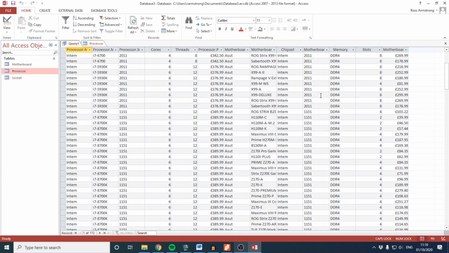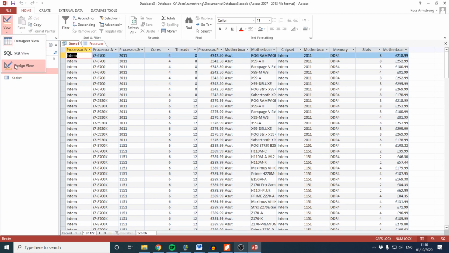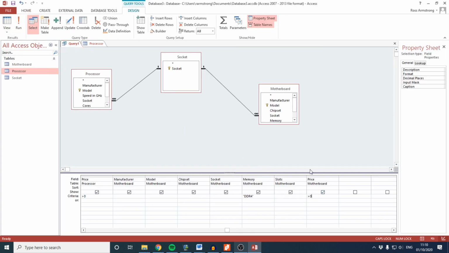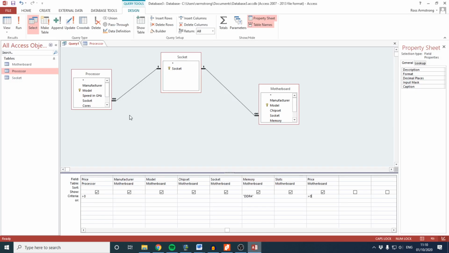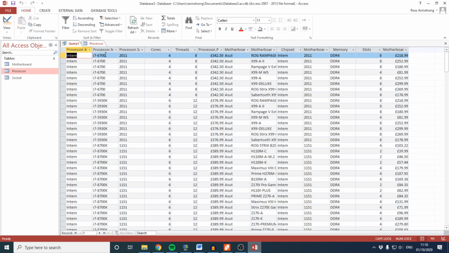Because before, yeah. Okay. Report must include the, okay, do not show any duplicated records. The thing is,